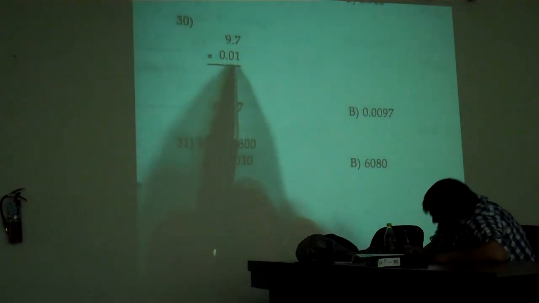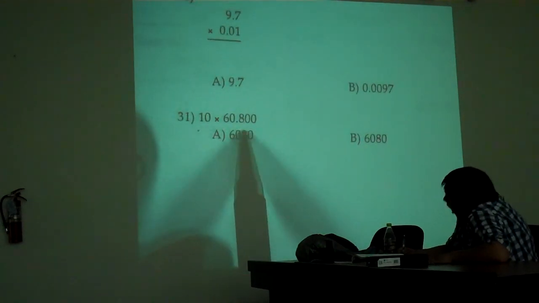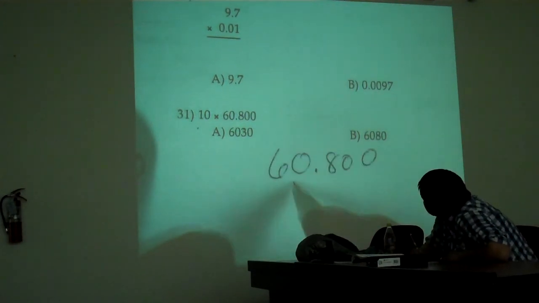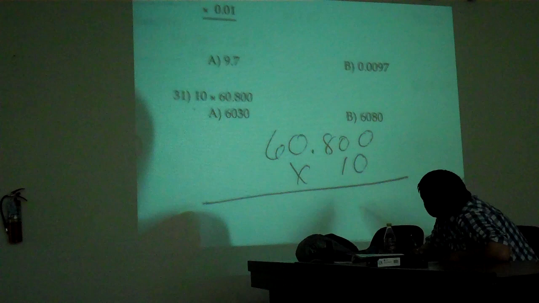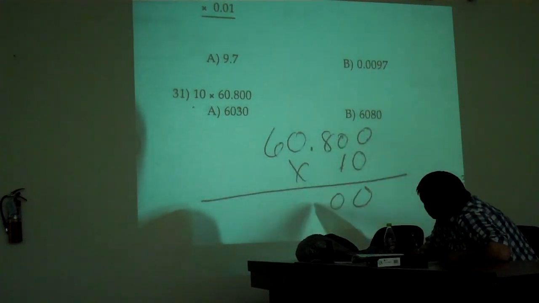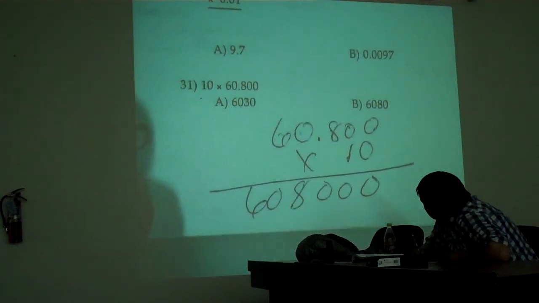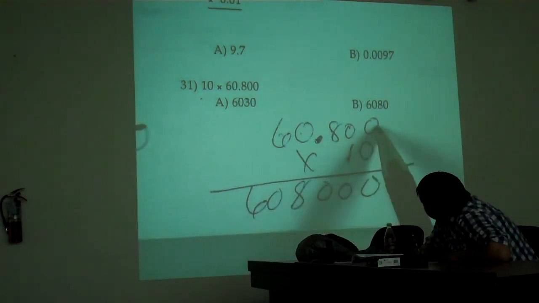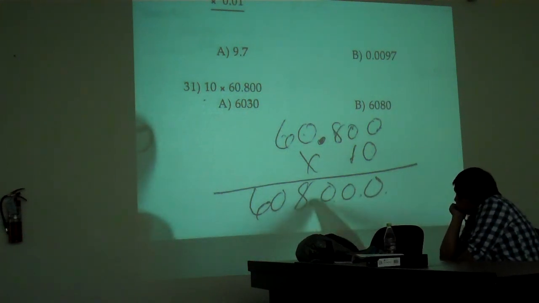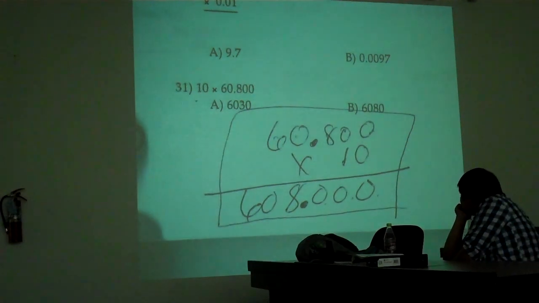Okay. When you're multiplying by the decimals, you know the decimal's going to move back. If you have 10 times something, 60.800 times 10. Okay, you'll do 1 times 0, 1 times 0, 1 times 8, 1 times 0, 1 times 6. Okay, you have 3 numbers here behind the decimal, move back 3 times. 1, 2, 3. You either need to show this work to get 608